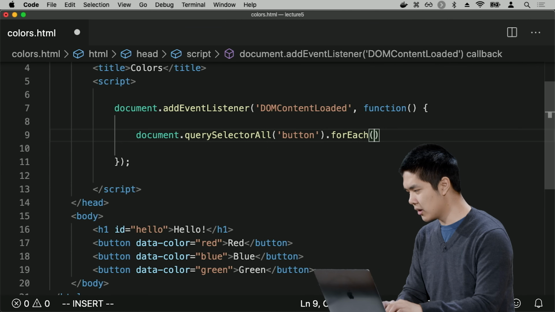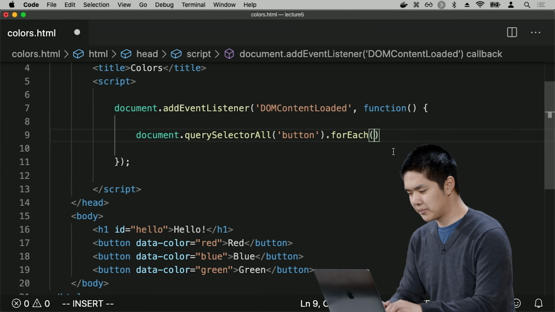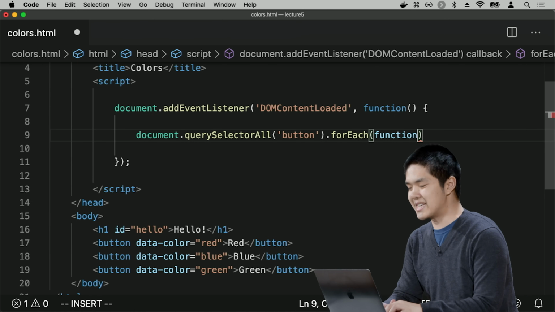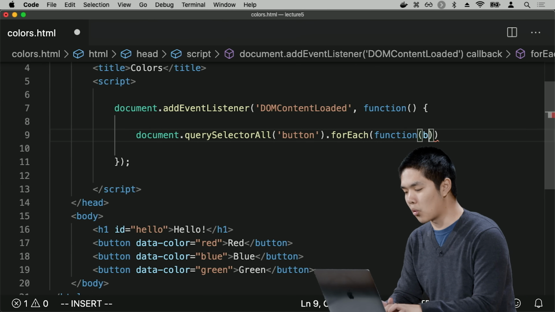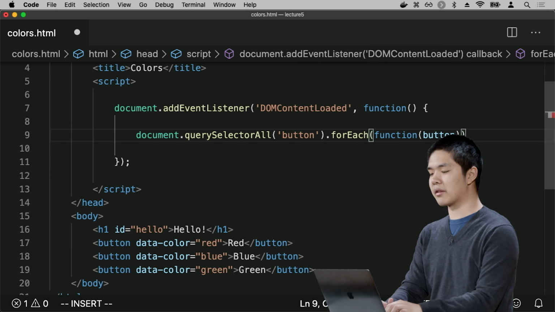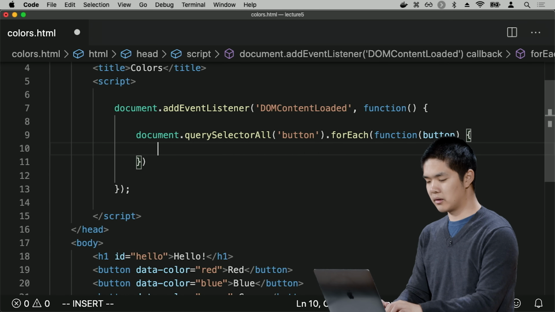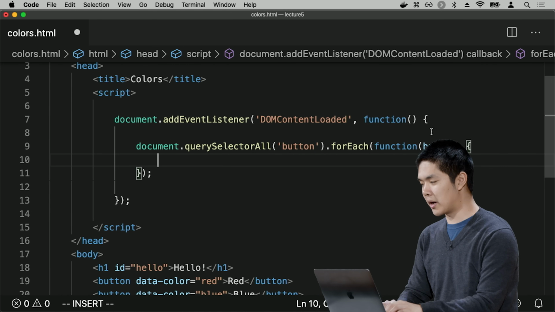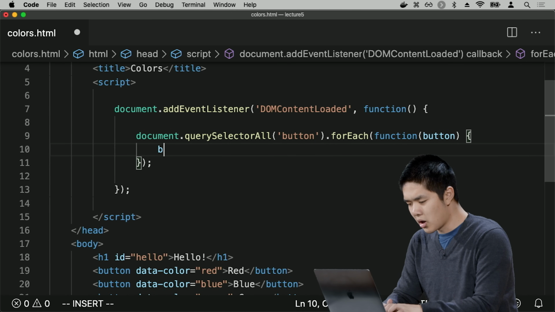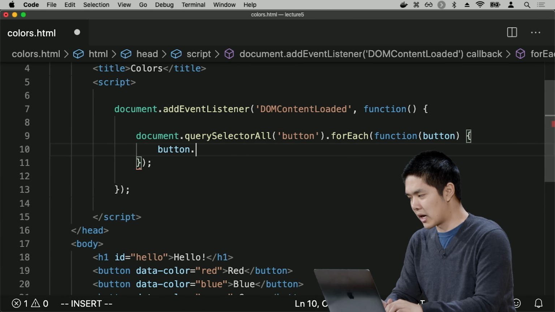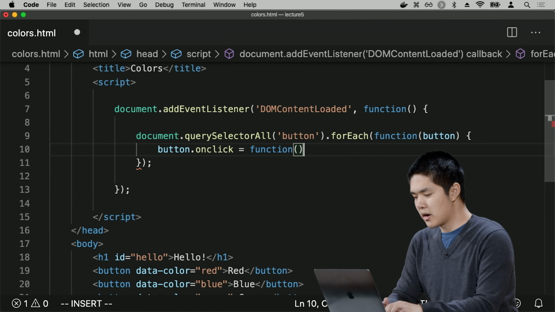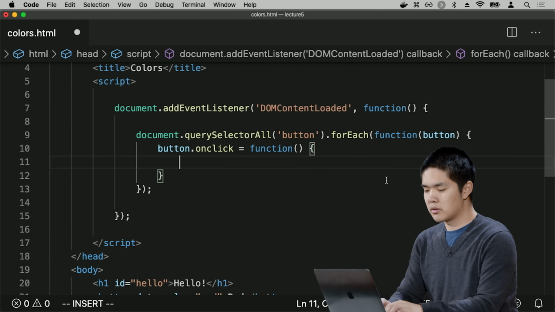So here I can say, for each button, go ahead and run this function. This is going to be a function now that takes something as input. It's going to take one of the elements in the list as input, something like a button. And now for each button, what would I like to do for that button? Well, when the button is clicked on, button.onClick, then go ahead and run a function that is going to